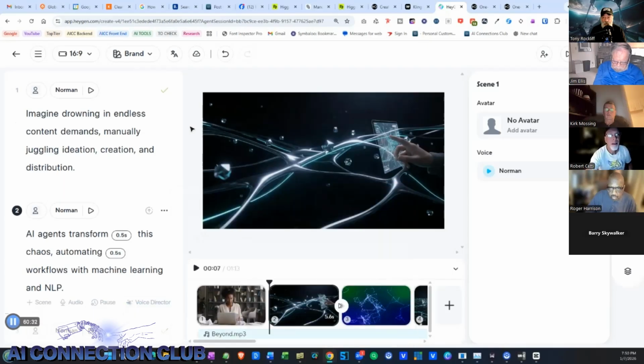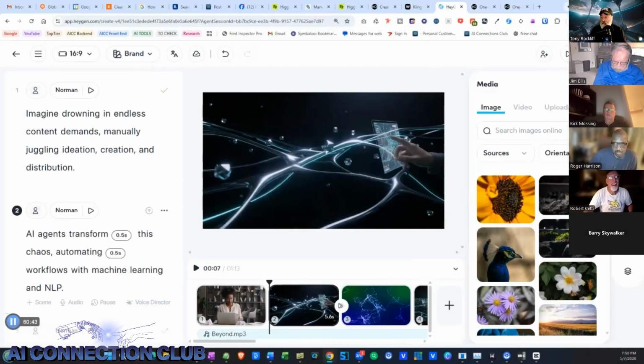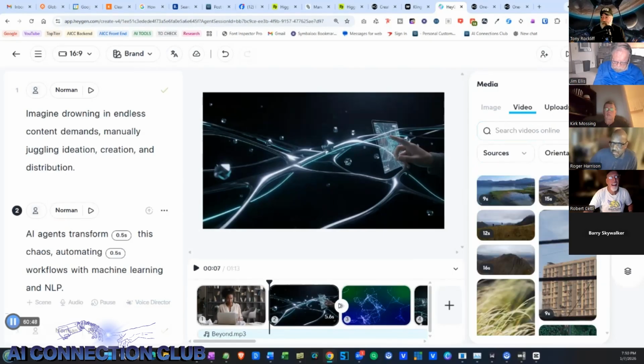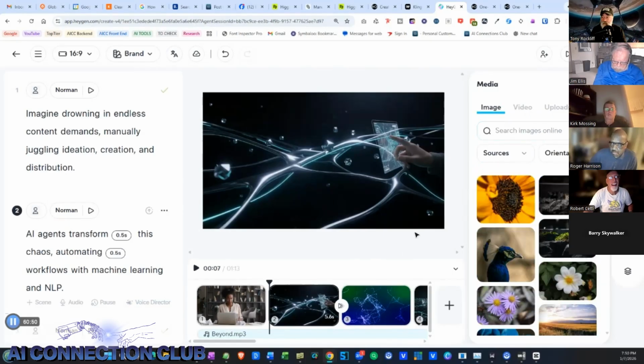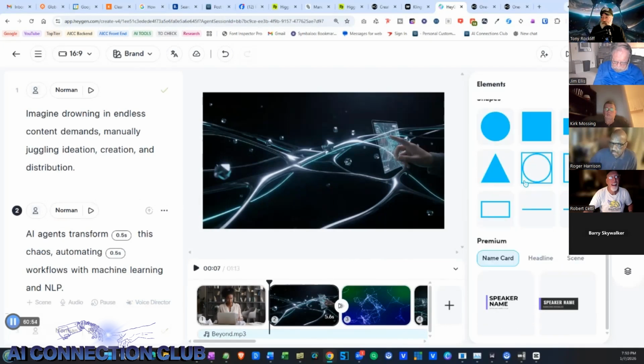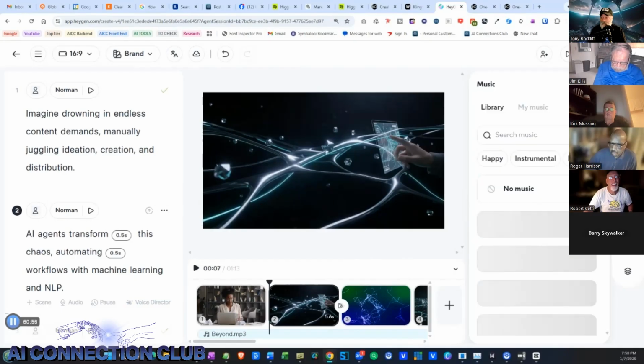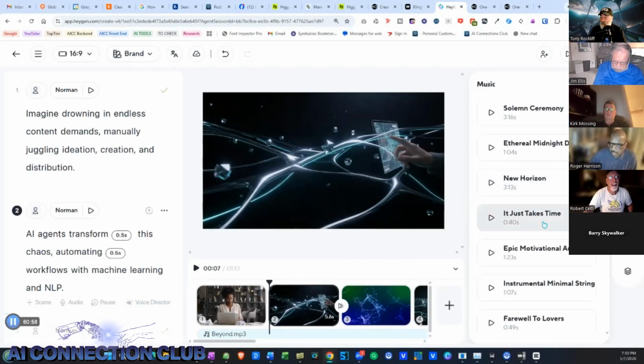So you've got a lot more control, and you'll see there's a lot more coming in a moment. Let me see what else I can show you here. Oh yeah. So here you can add images and videos, upload videos and images and put them in where you want. And you can grab other elements like shapes and, of course, music, all sorts of different choices of music,